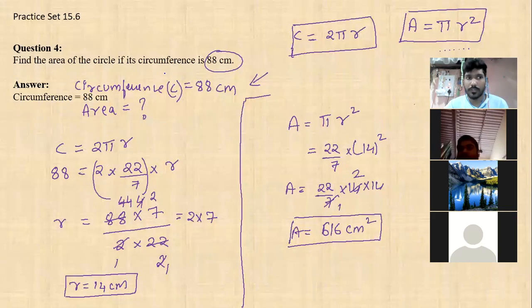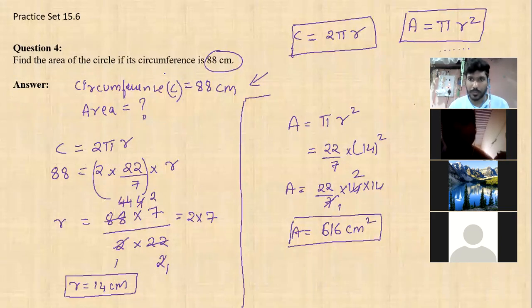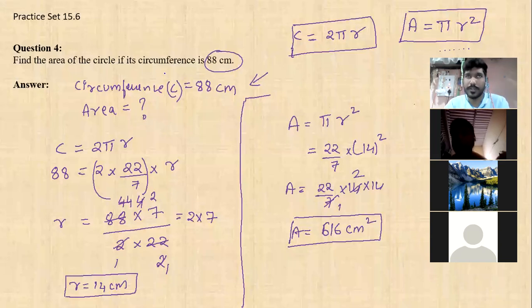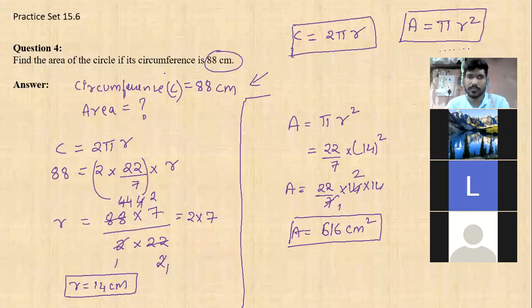Okay, this was the last sum of your 15.6. With this, we finish with the chapter area. Sir, can you solve the 15.5 second question? Is it the irregular one? Yes, sir. So there is a mistake in that sum, but I think